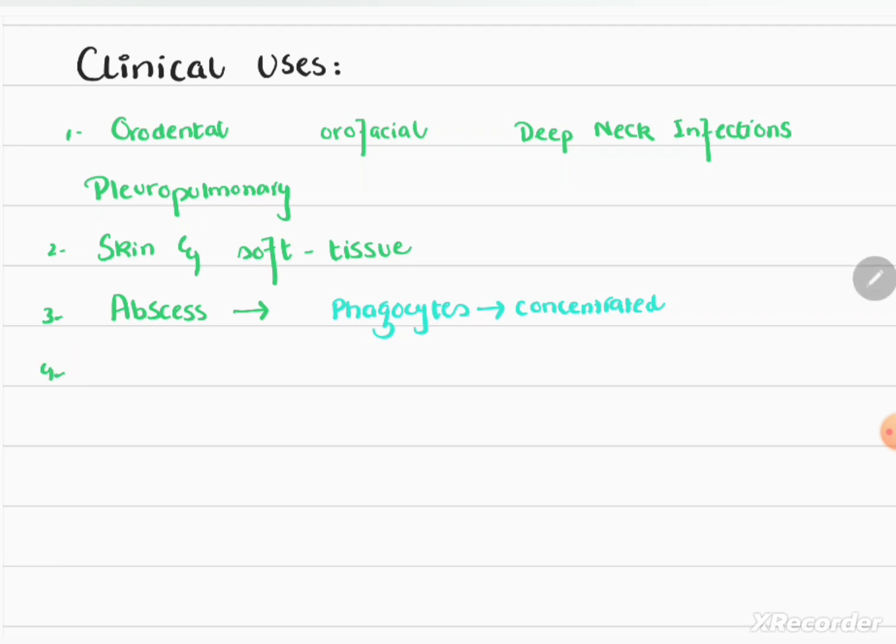Then we have the infections that involve the abdomen or the gut. All the infections that involve the gut can be treated by clindamycin in combination with other drugs as well. Clindamycin is also used in the prophylaxis of endocarditis, because usually